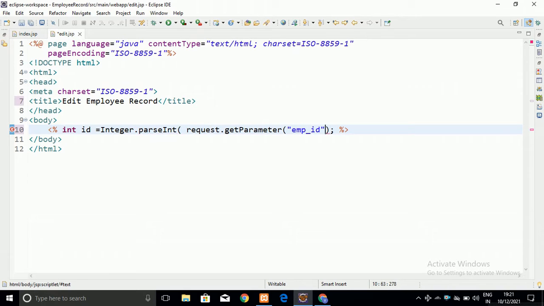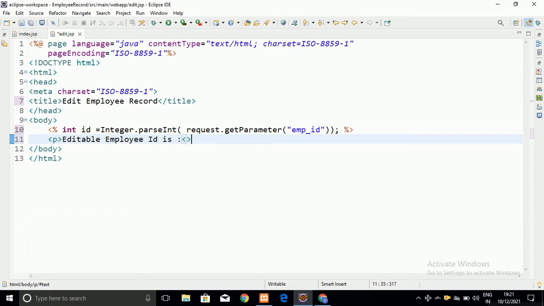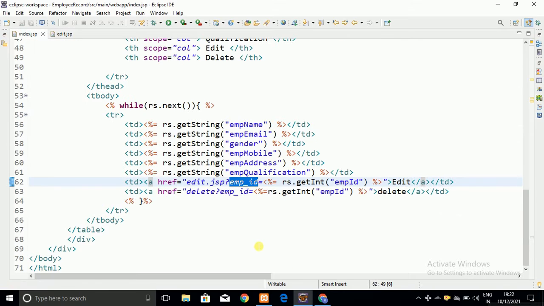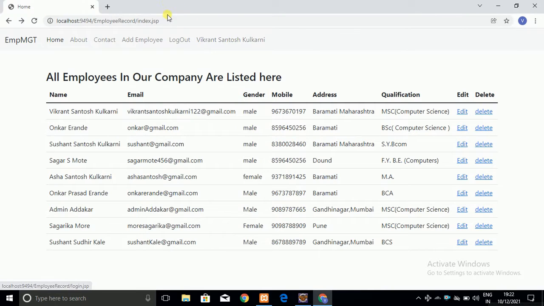Therefore I am going to write Integer.parseInt, and let me print that by making use of the expression tag, the employee id. Let me print it into the edit.jsp page, and let me refresh this page.